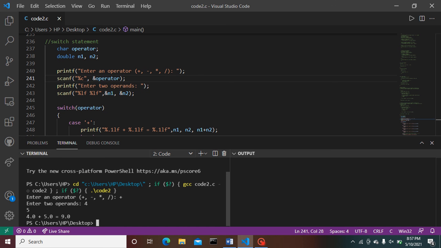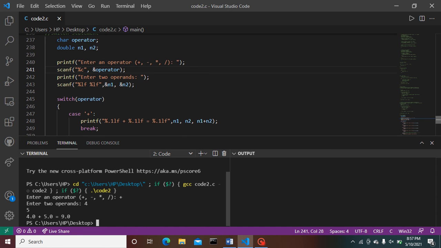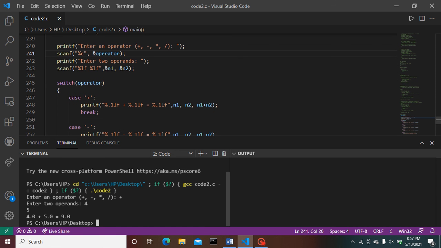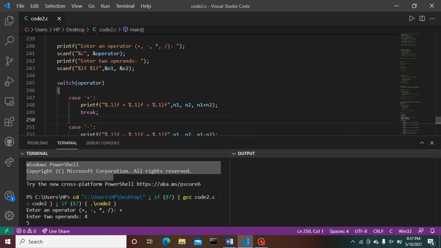This input is given by the user according to these preferences and the test conditions made in the given code. Here we input the n1 and n2 variables. Here switch has an expression for operator. The operator is the one provided by the user to the compiler, which reads and stores it in memory. We have provided plus here.